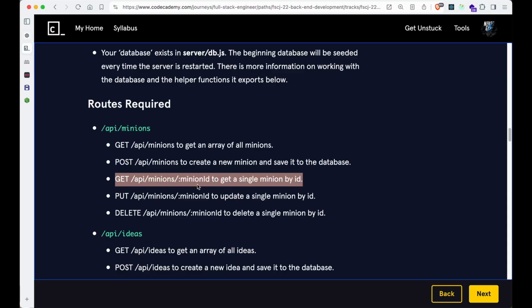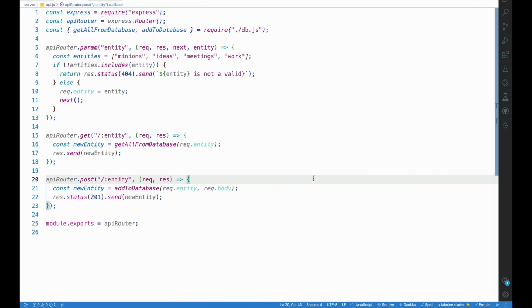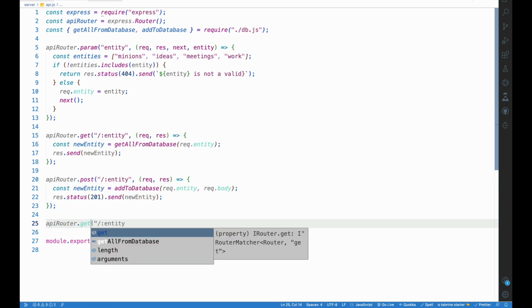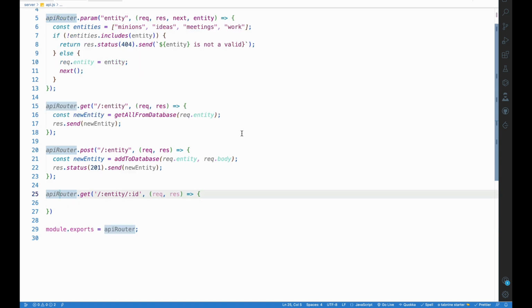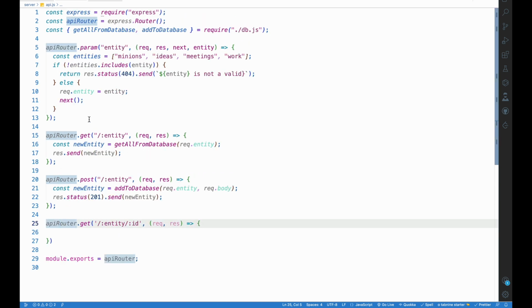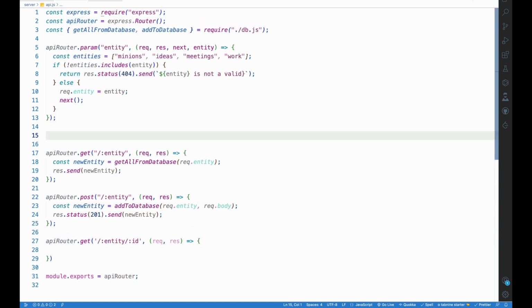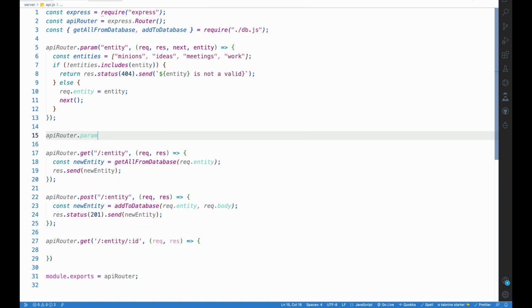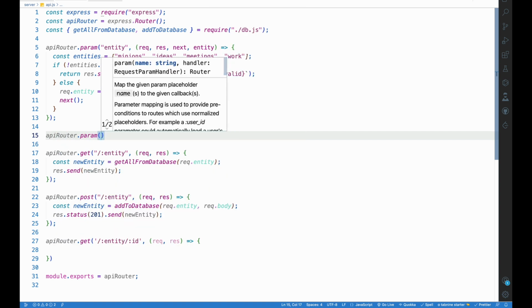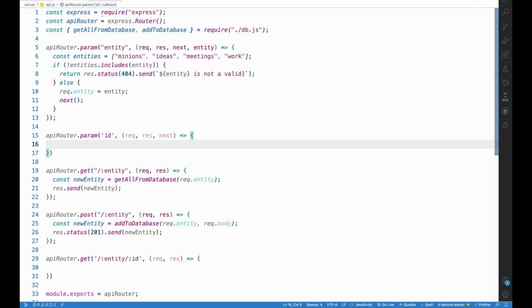We're going to get a single minion by ID. Let's go back to our code, .get, and entity, the name of an ID. For this, we're going to write another API router.param, and this time we are looking for an ID in the URL parameter. Once again, I forgot to pass that ID as well